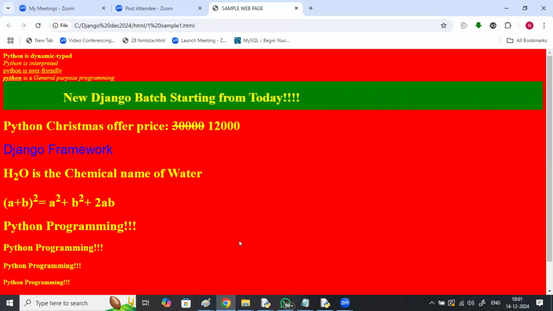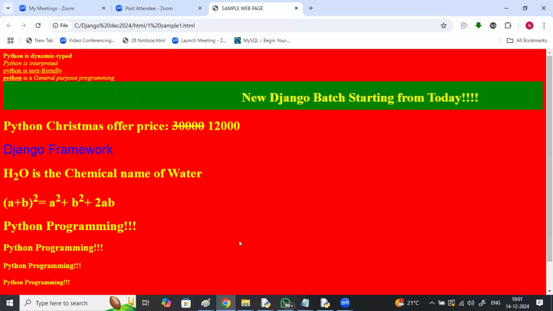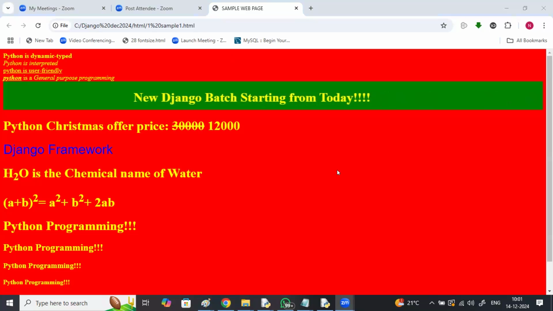tabular form. I want some images to be displayed on the web page. I want some tables to be displayed on the web page. I want some lists of markers, bullets to be displayed on the web page. And I want to divide the web page into 2 rows or 2 columns, horizontally or